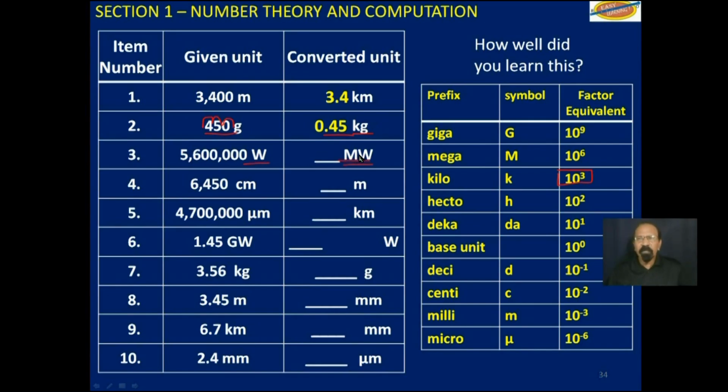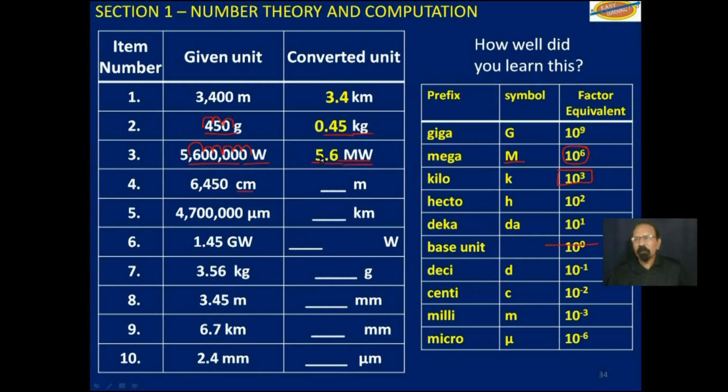Now we are going from watt to megawatt. After you use this for a while, you will know that mega means a million. But in any case, 10 to the 6th. So 10 to the 6th power, divide by 10 to the 0 power, you get 10 to the 6th. So you divide this by 10 to the 6th. 1, 2, 3, 4, 5, 6. Shift the point 6 places, and you get 5.6 megawatt.